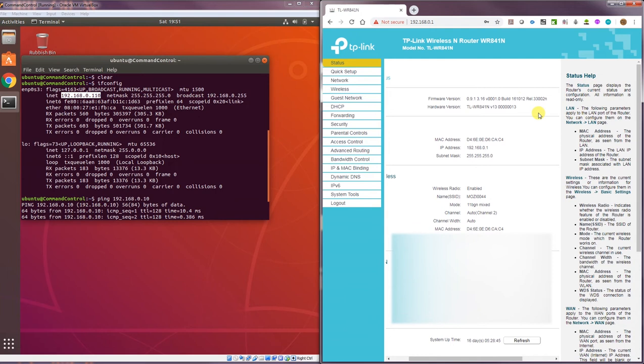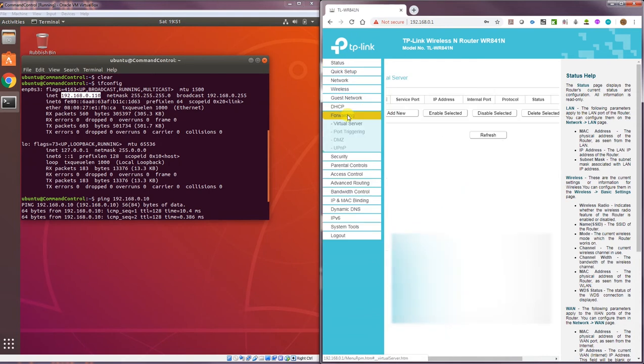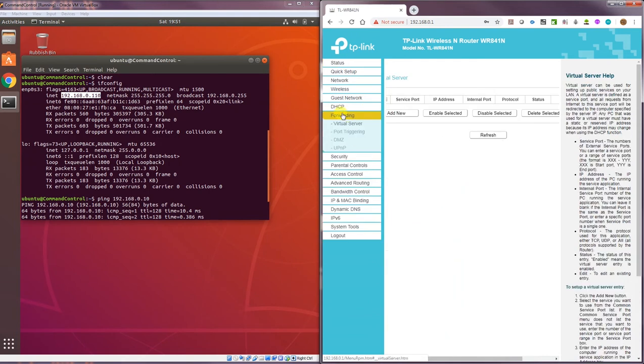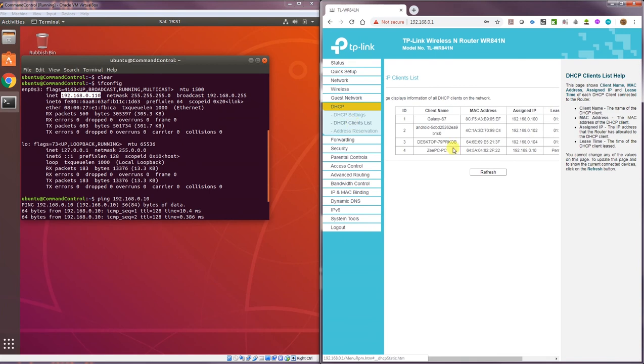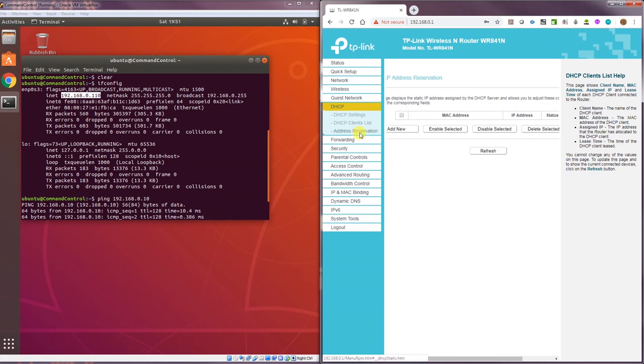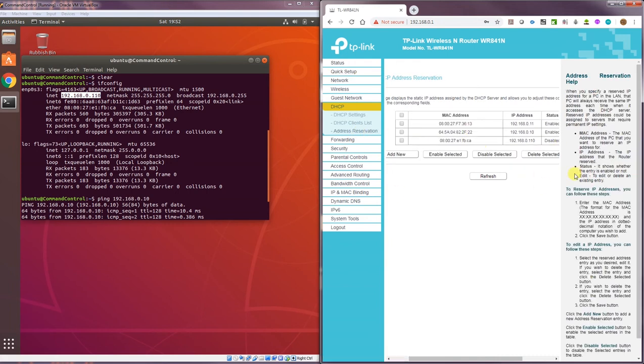This is my TP-Link router that I'm using within my office here. So that's the status. If I go to DHCP and client list, it's not visible here for some reason. I'm not sure why. It could be a problem with the TP-Link, I don't know. So if I go to address reservation, I've already added, so 110 is the IP address, and this is the MAC address of the Ethernet adapter on the VM, and I've added that one straight here,